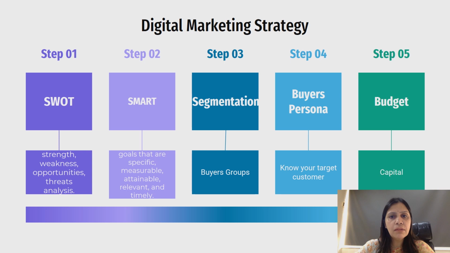Budget can be made on different methods. There are 4 or 5 major ways in which budgeting happens. One could be based on your affordability, how much you can afford. Second could be on the basis of competitive parity, that is how much your competitor is allocating towards different tools. Based on that, you can judge things. Third could be on the basis of past trends that you have seen, which tool is yielding how much return. Based on that, you can devise your budget. You can invest more into those tools which are yielding better results.